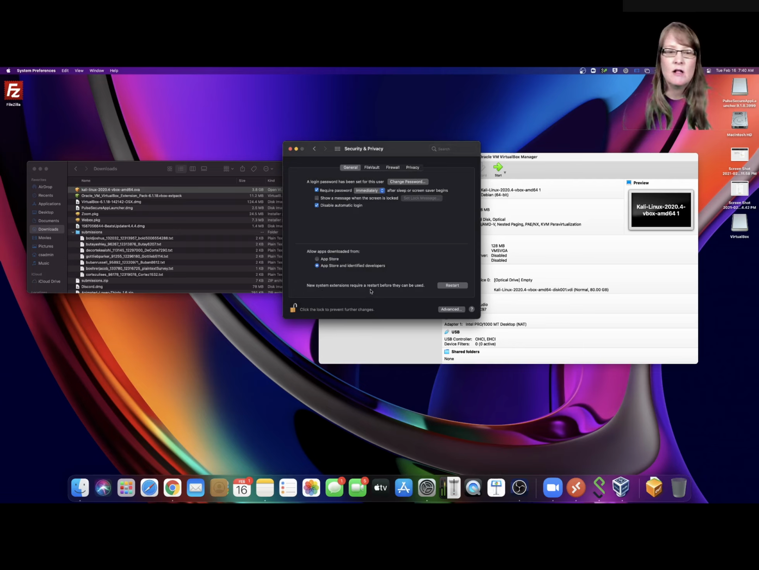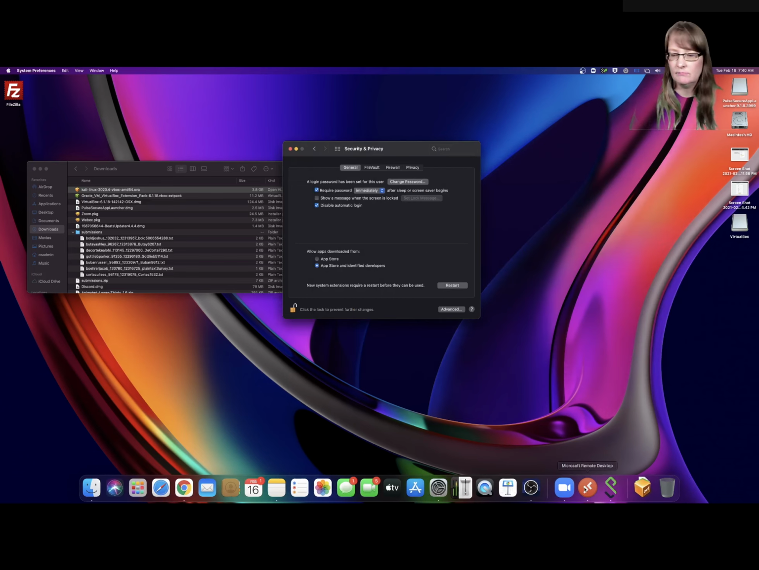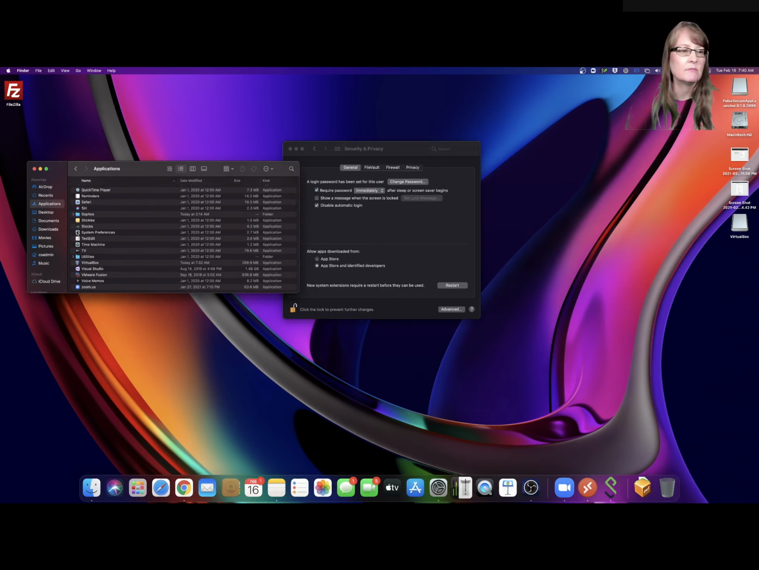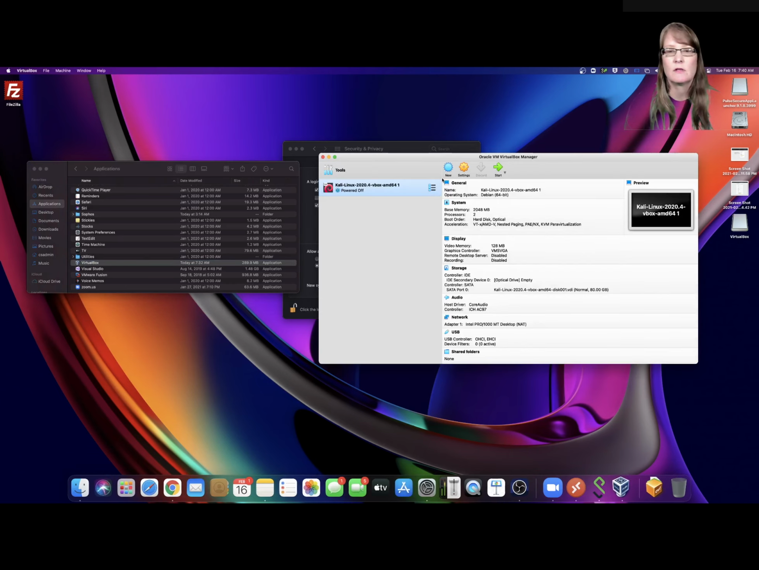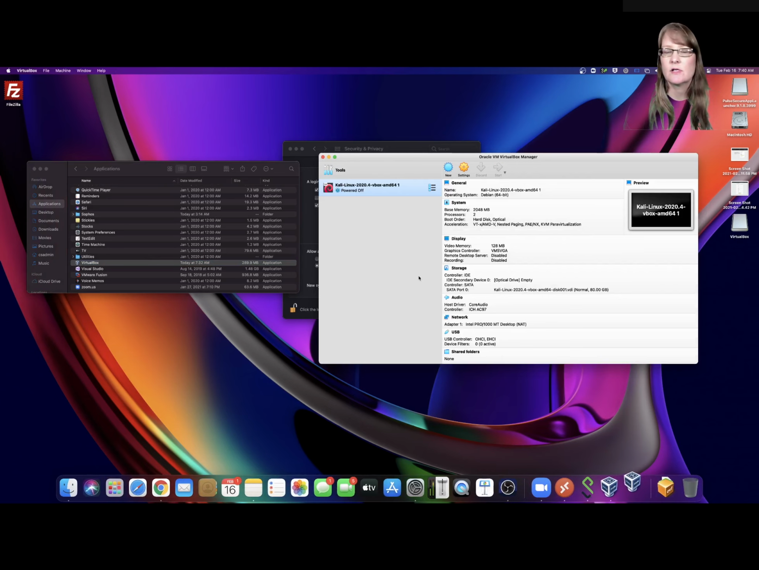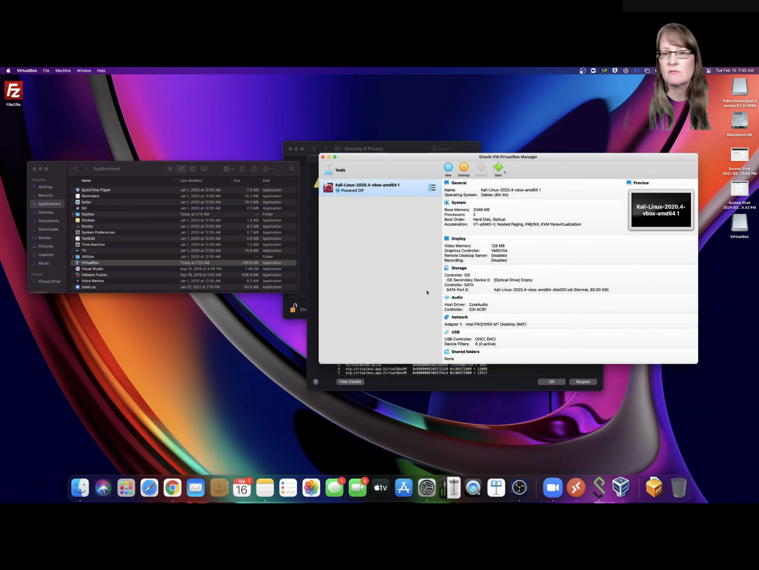So now, okay, system extensions require restart before they can be used. Hope that doesn't require a system restart. Let's go ahead and restart the software. So there's the software application, VirtualBox. And then let's see if we can start it now. Nope, it does require a system restart,